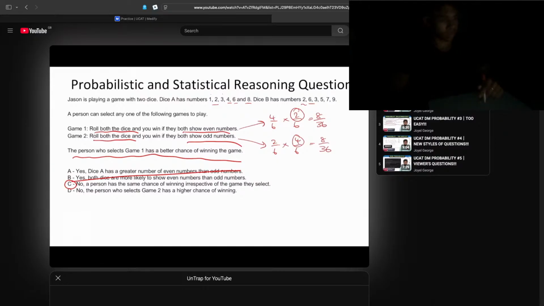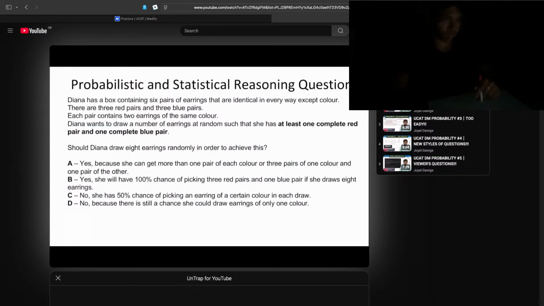Cool. Okay, so that's pretty much the main idea with a lot of these. Remember, always ask yourself the statement. Okay, so on to the last question. So Diana has a box containing 6 pairs of earrings that are